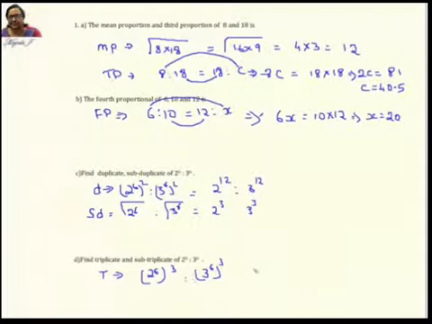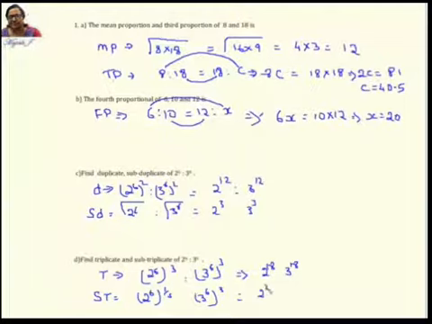So that's going to be 2 power 18, 3 power 18. Good. Next is subtriplicate. It's the cube root, again 1/3. Yeah, it's going to be cube root of that. Cube root of that, I can write it here like this: 1 by 3. 6 to the power 1 by 3, which is 2 power 2 and 3 power 2.